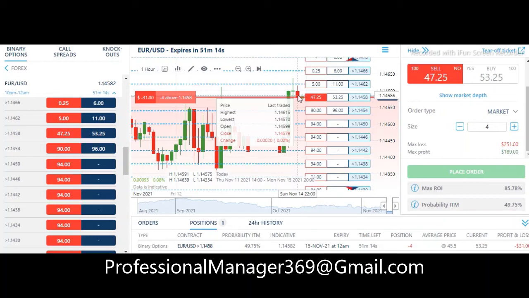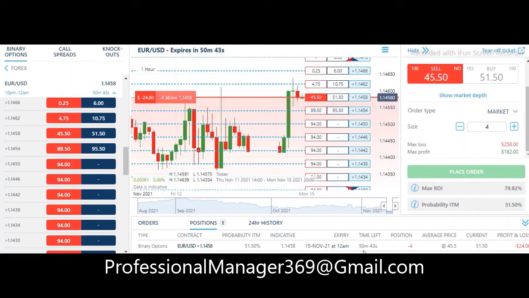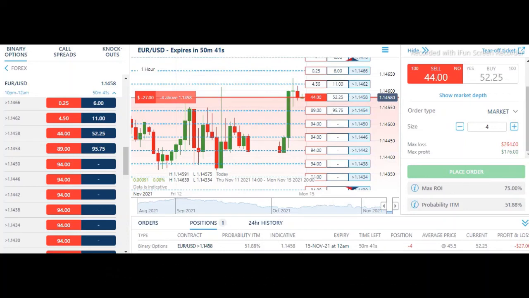So for the safe side, I closed the trade to protect the profits we already made in the first trade win. Now what happened in this hour? Last hour a red body formed with an upper wick, and the lower wick is very small compared with the upper wick. So this is an indication of the sellers' strength. So further the prices will close below 1.14580 in this hour. This is the present hour candle that is running. So we have to wait for 50 minutes for trade expiration. Okay, let us wait.